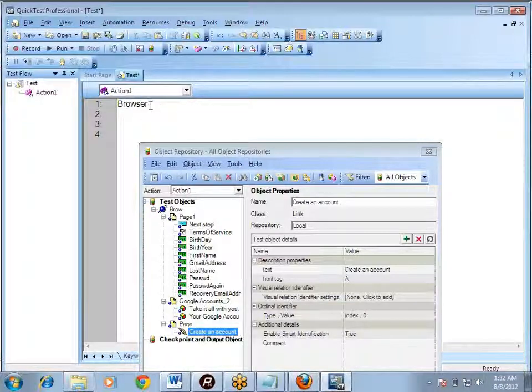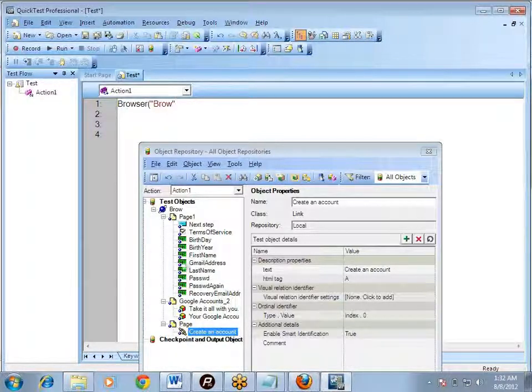First thing, this is the name of the class. And whenever I put the bracket, whatever I write inside the circular bracket, that is the name of the object. Just remember these two things. Whatever we write outside the bracket, that is the name of the class, the name of the test object class. And whatever we write inside the bracket, inside the double quotes, that is the name of the object.